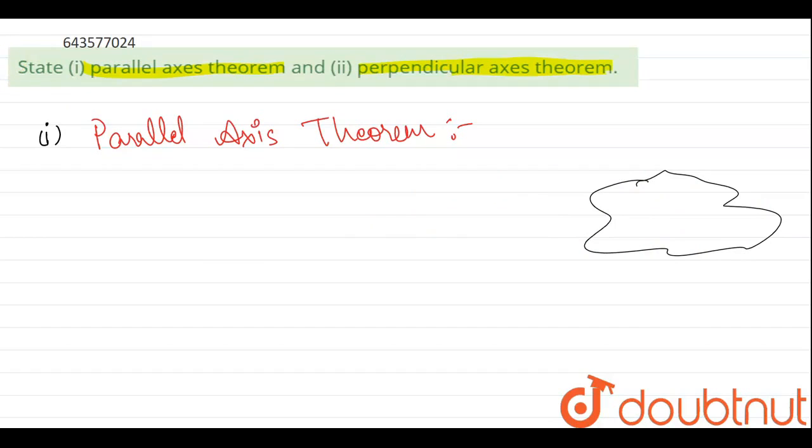we are having any axis, if this is the axis, okay, this is the axis and it is rotating by this axis. Okay, now this whole body is rotating by this axis. Now if we have the moment of inertia of this object on this axis, suppose this axis to be AB, let's say this axis to be AB, and then if